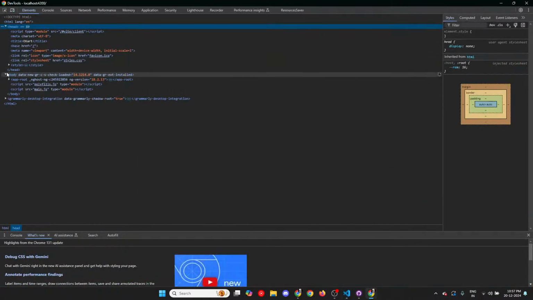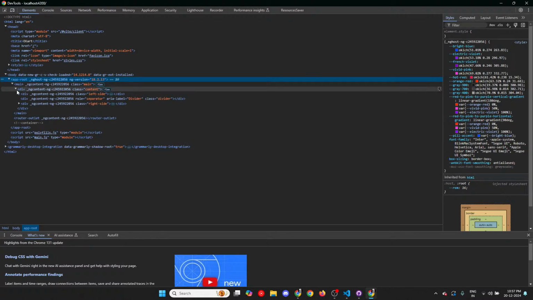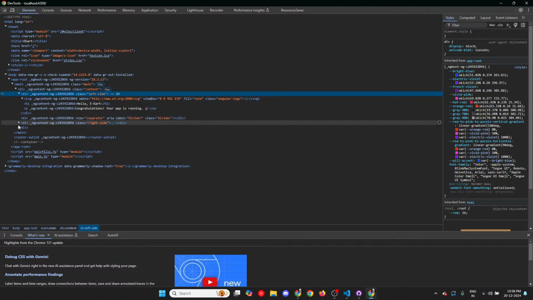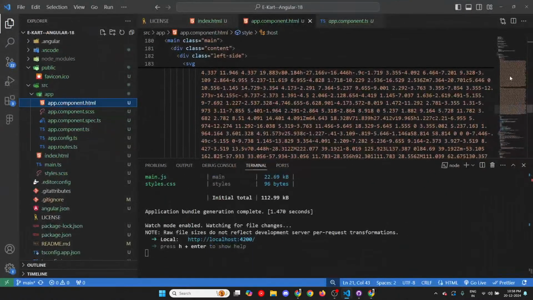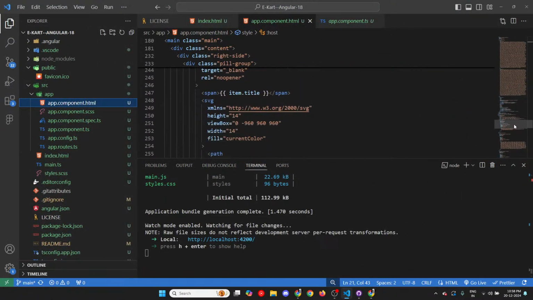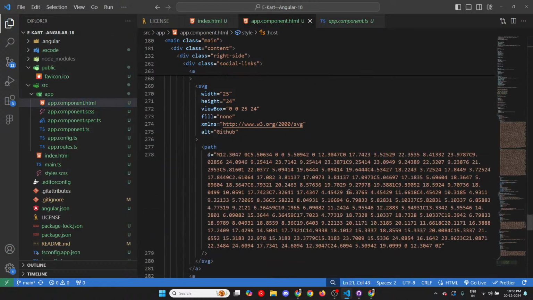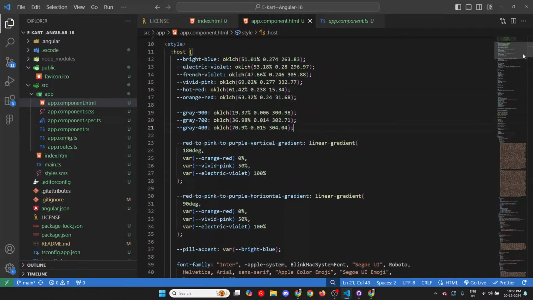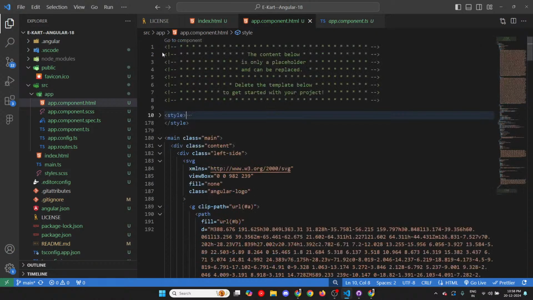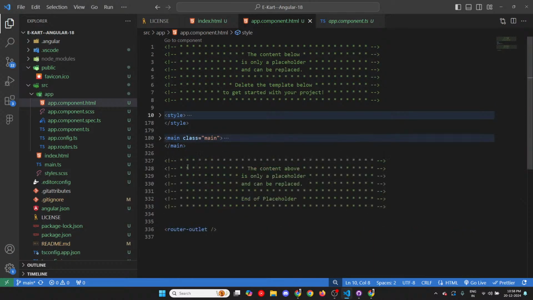So let's open the app root DOM element, the HTML element. Let's expand it. Here we have the main div tag, and everything is there. Some other div tags, all those anchor tags. Let's see the same thing over here. You see, there are a lot of div tags over here, a lot of SVGs, div tags, and anchor tags. So one thing is clear: whatever is present inside the Angular app component HTML, the same thing is being printed